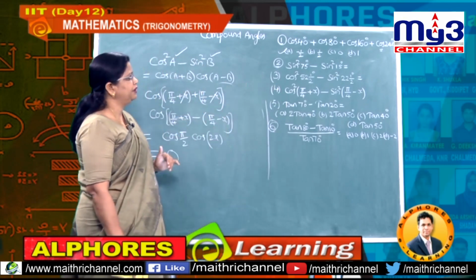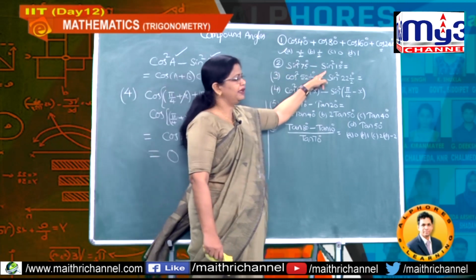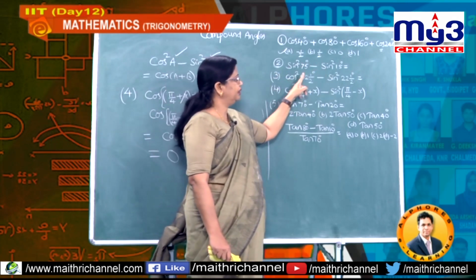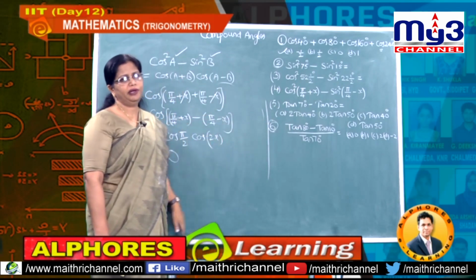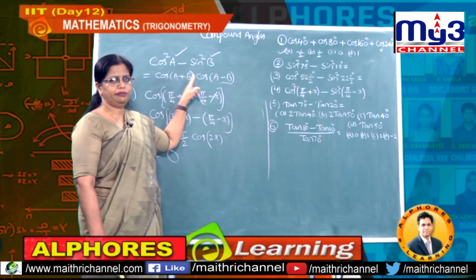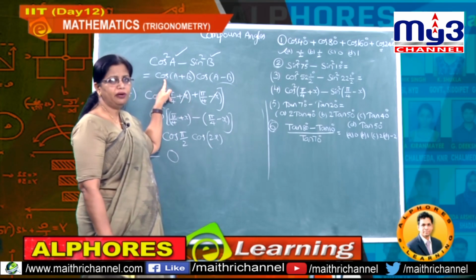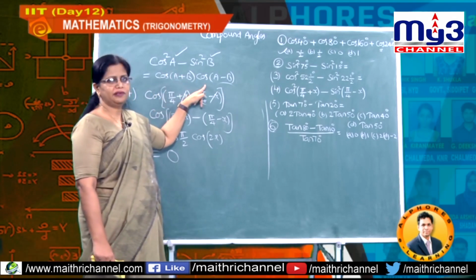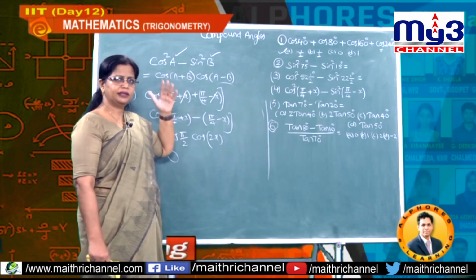So in this way you can make use of it whenever you observe sin square A minus sin square B, cos square A minus sin square B, etc. Just make use of the product of those two values. Both can be cos or both can be sin. But there is no formula like cos (A plus B) into sin (A minus B); we don't use any formula like that. Both are cos or both are sin.